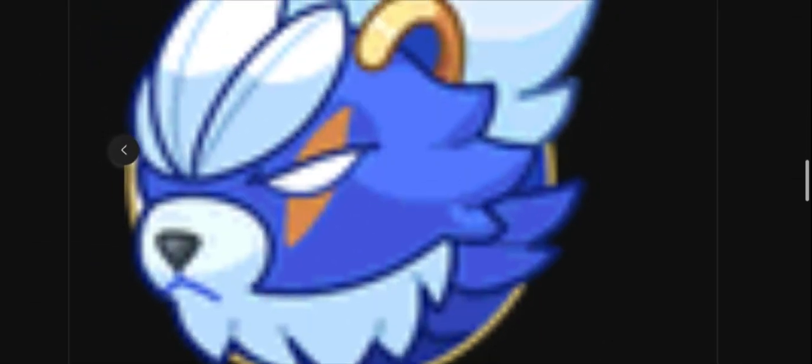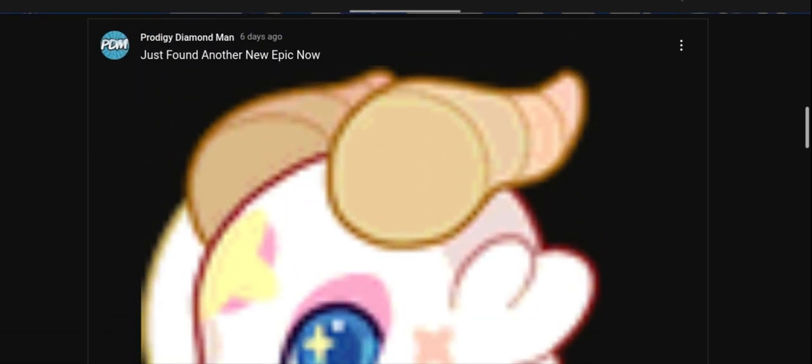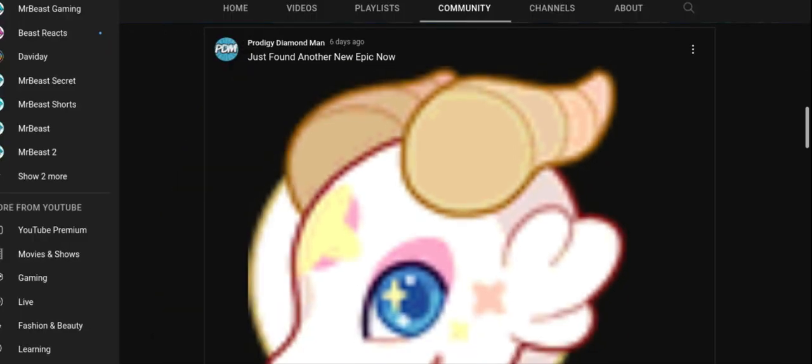This is what it looks like on the Prodigy website. This is all that we can see. But we also do have the picture for it. It's going to look like this. I've already made a video about this, so we're not going to talk about this one too much. But also shout out to Prodigy Diamond Man. He was the one that found these epics in the Prodigy game files. So yeah, thanks to him for